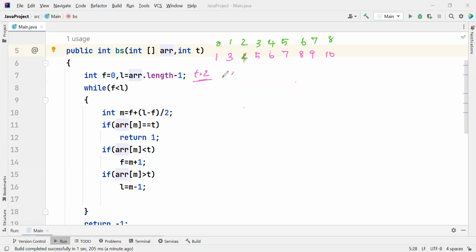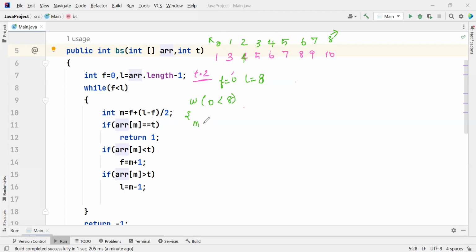Okay, so I will calculate f is equal to 0 at first. And what about the last element? It is array dot length. What is array dot length here? It's 9 here, 9 elements are here. Sorry, it's 8 here. So this is the last element. So this is the first element and this is the last element. We have written both. I'm going to run the while loop. So while 0 is less than 8, in the sense,